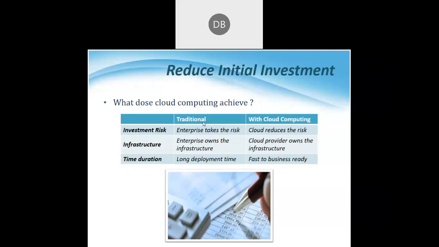Reduce the initial investment. What does cloud computing offer? How does it reduce that? In a traditional environment like a client-server system, what risk does the enterprise take? For example, suppose TCS Nagpur has to get the data, and in that case, suppose it needs to